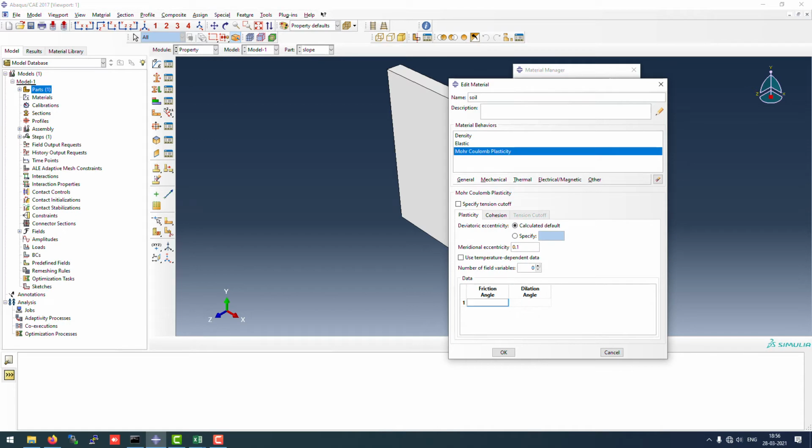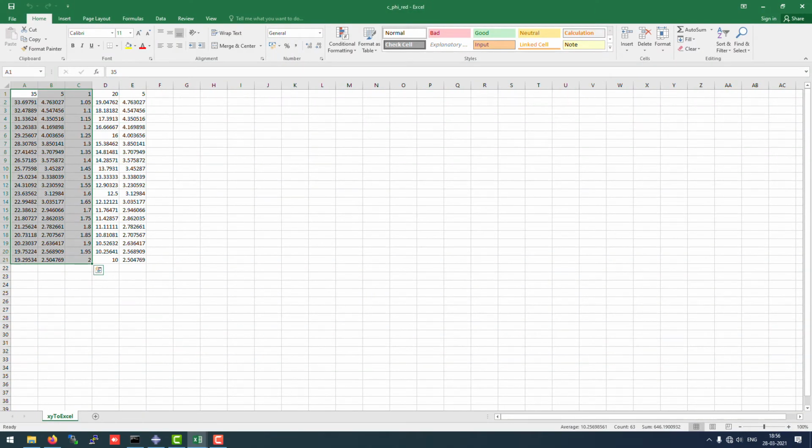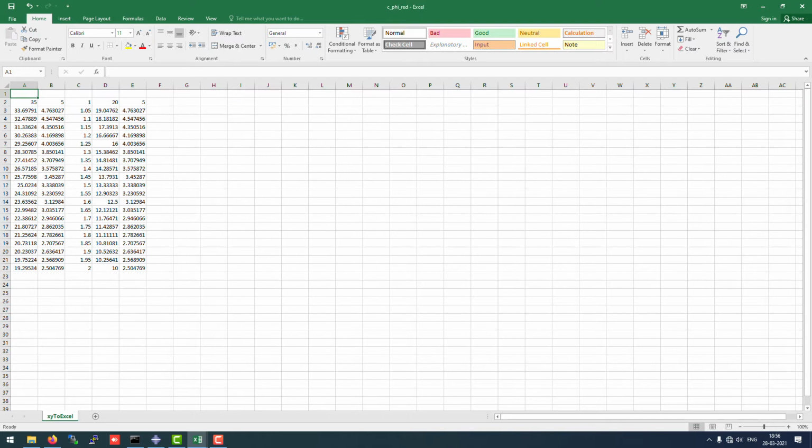We'll have a friction angle of, let's say, an initial friction angle. Whatever the initial friction angle is, we'll assume, but we need to use a field variable, which will be our strength reduction factor. Let me introduce you to this strength reduction factor. You have to insert a friction angle, which is this table. This is the friction angle part. Let me just insert a column and call it friction angle.